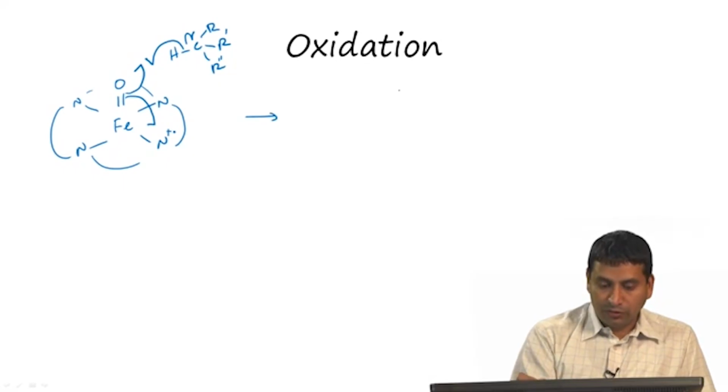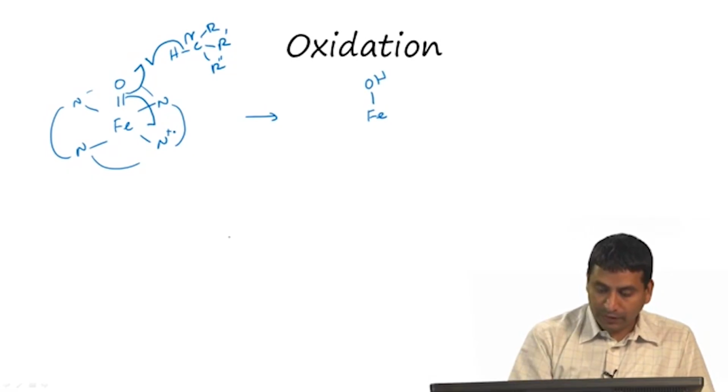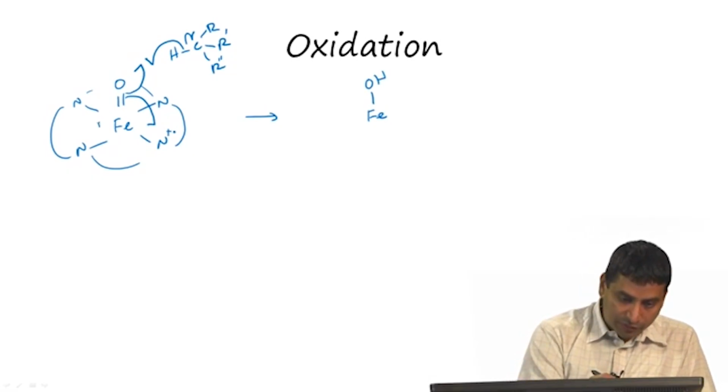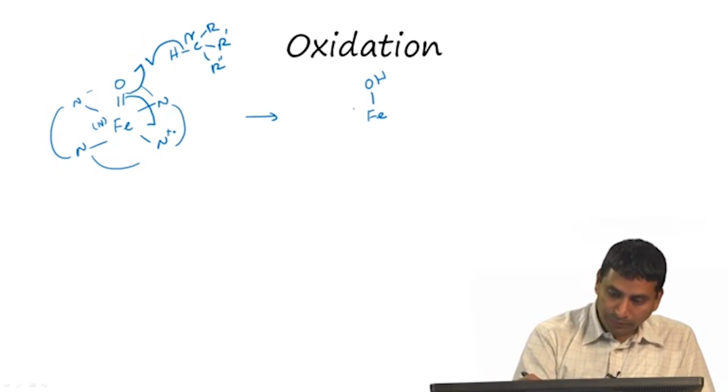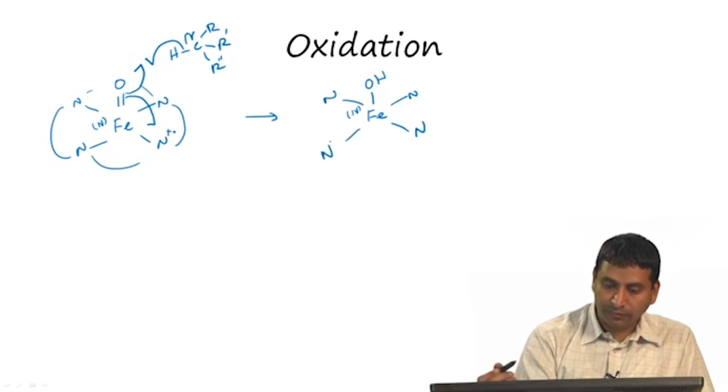Okay. So, we will produce FeOH, and now the oxidation state of iron here is +4, with the four nitrogens,